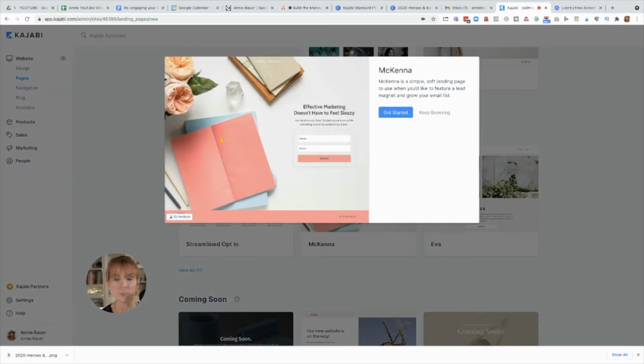So this is a preview of what your page will look like. Now keep in mind, you don't have to have this background. It just gives you the general layout and you can add photographs and change colors. So this does not have to particularly be feminine or be this particular picture. So then you'll just say get started and we'll title this and we're going to call this my awesome freebie. And we'll create that.